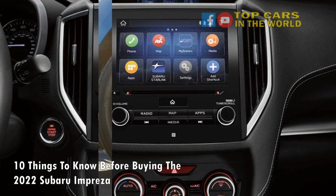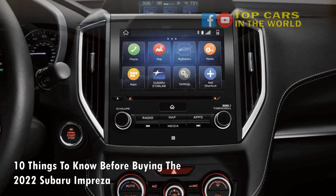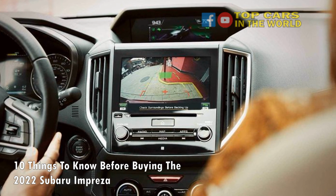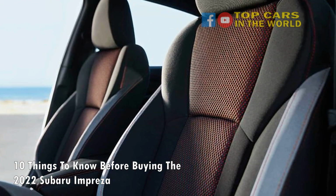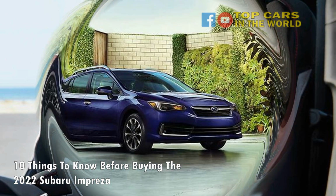5. Braking is impressive. Being a dynamically superior offering of the segment, the Subaru Impreza likes being pushed. Hence, Subaru hasn't compromised on the braking hardware, making it even more confidence-inspiring. Offered for a base MSRP of $18,795, the 2022 Impreza comes with reasonably large 11.6-inch front rotors and 10.8-inch rear rotors, helping to provide the required